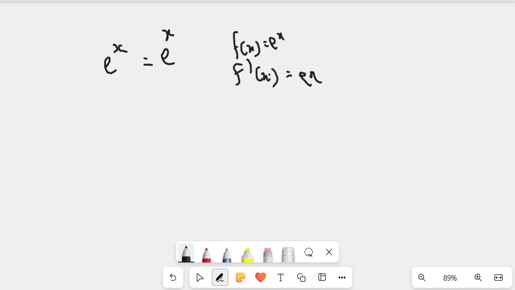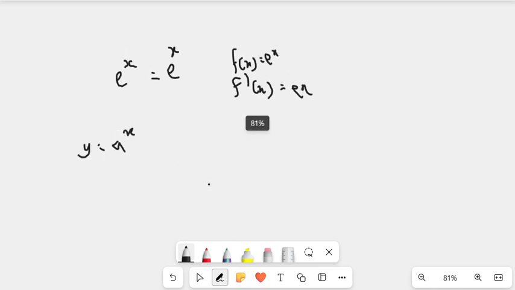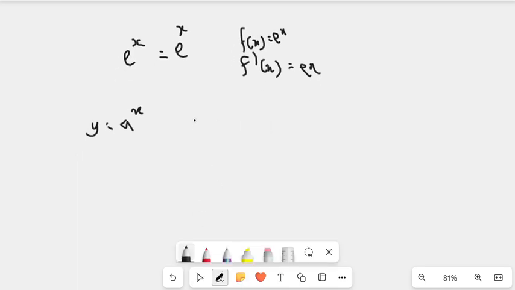There's actually quite a good explanation where you could draw from the first principle of taking the derivative. We all know the first principle of the derivative states how to take the derivative. Let's say we try to find the derivative of y equals a to the power of x. That's an exponential function, a to the power of x. To take the derivative, we have to use the first principle, which is: we know that y prime is equal to the limit of